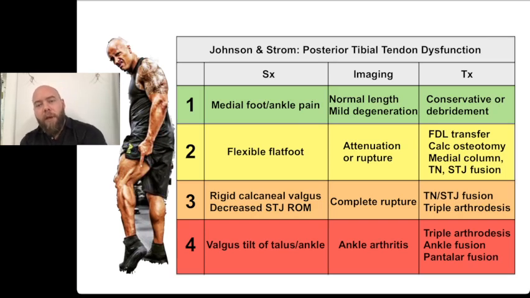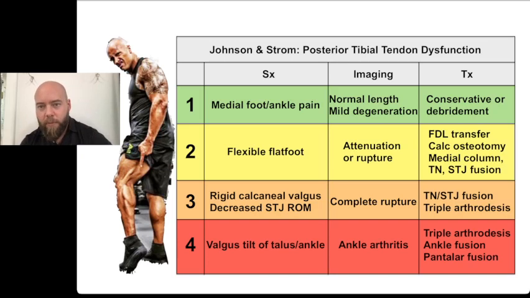So stage 1, medial foot and ankle pain. That's it. Not much there. It's just the start. Maybe they'll have some PT tendon tenderness at the insertion. Stage 2 is a flexible flat foot. You start seeing that arch collapse. Stage 3 is a rigid calcaneal valgus and decreased STJ range of motion. Okay, so their calcaneus is actually following the flat foot, and they have a valgus. Okay, and 4, the ankle is involved. It's so bad that now the talus and the ankle are in valgus, and it's causing some more diffuse problems